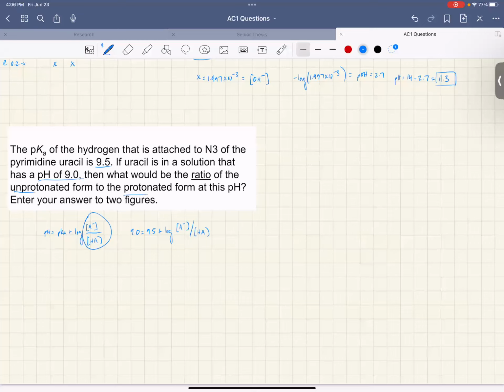We can simplify this to negative 0.5 is going to be equal to the log of A minus over HA. And if we solve this equation, we'll get that 10 to the negative 0.5